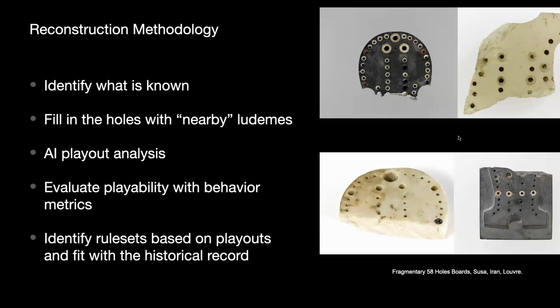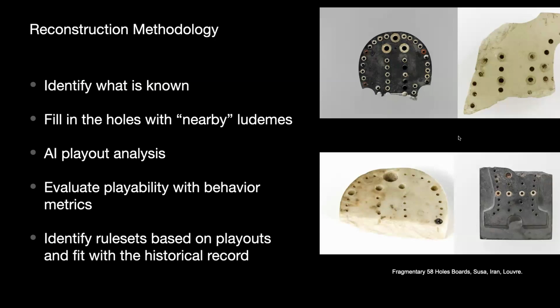So I already talked about earlier, what we have to do is identify what it is that we actually know, fill in the holes of what we know from other games that are similar either in gameplay or in chronological or geographical origin, place those into the holes of what we know about the games,